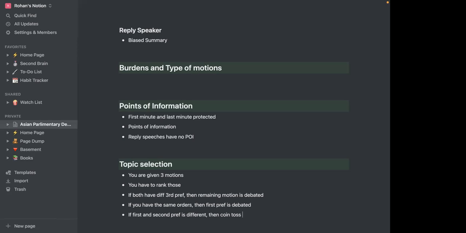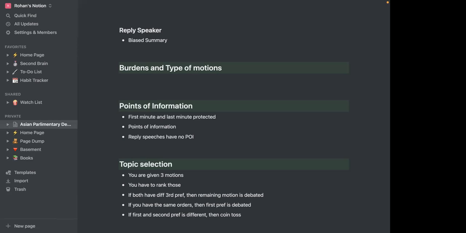So we'll be provided with 3 motions. You both will have to rank them individually, separately. So your team ranks your own after discussing with each other. You have 5 minutes for this. So you will talk about the 3 motions, whichever you feel most comfortable with, which you feel you're most likely to win. Other team does the same, and then you present your rankings to each other.